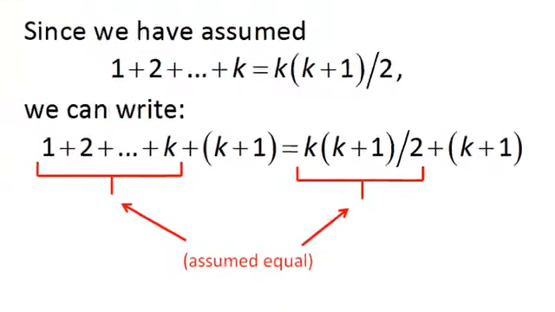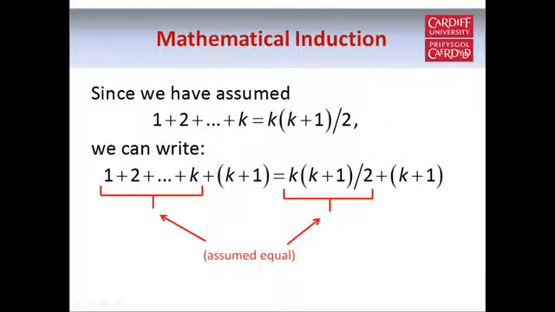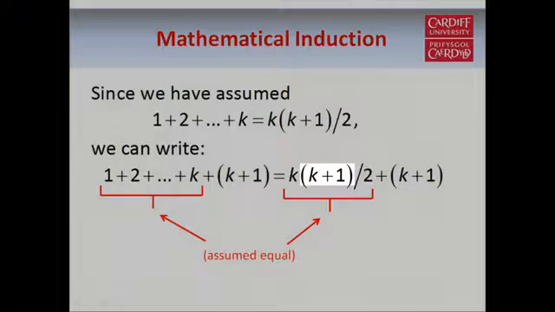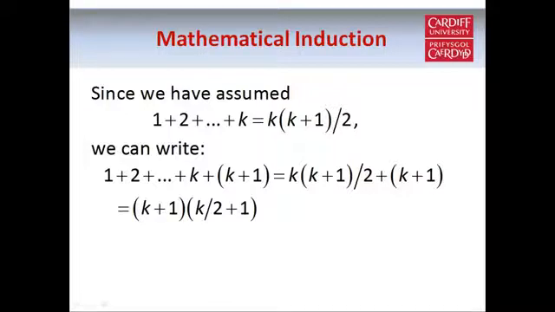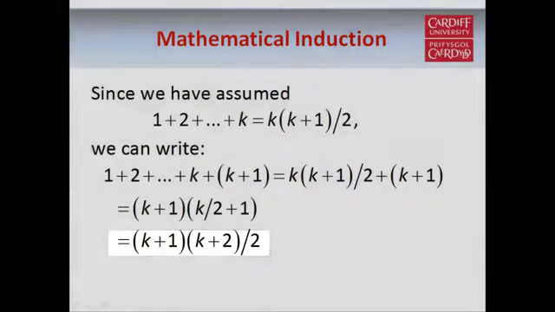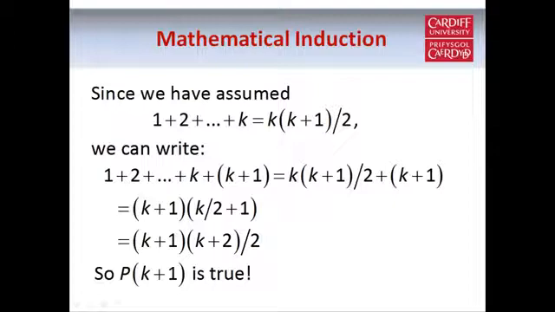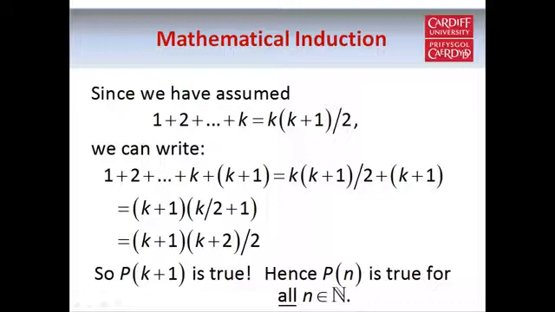because as you can see, all we've done is use the fact that these two things are assumed to be equal. And now we can take out the k plus 1 as a common factor, since it appears here and here, and so we can rewrite the right-hand side as k plus 1 times k over 2 plus 1, and that's just the same as k plus 1 times k plus 2, all divided by 2. So using a couple of simple algebra steps, we've shown that this is equal to this, and therefore P(k+1) is true. In other words, the statement holds when n equals k plus 1. And therefore, using the principle of mathematical induction, we can say that our statement P(n) is true for all natural